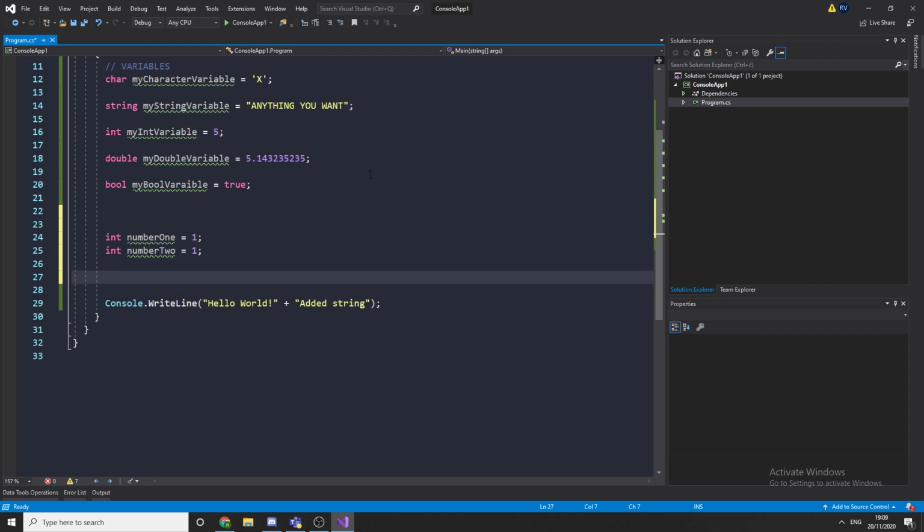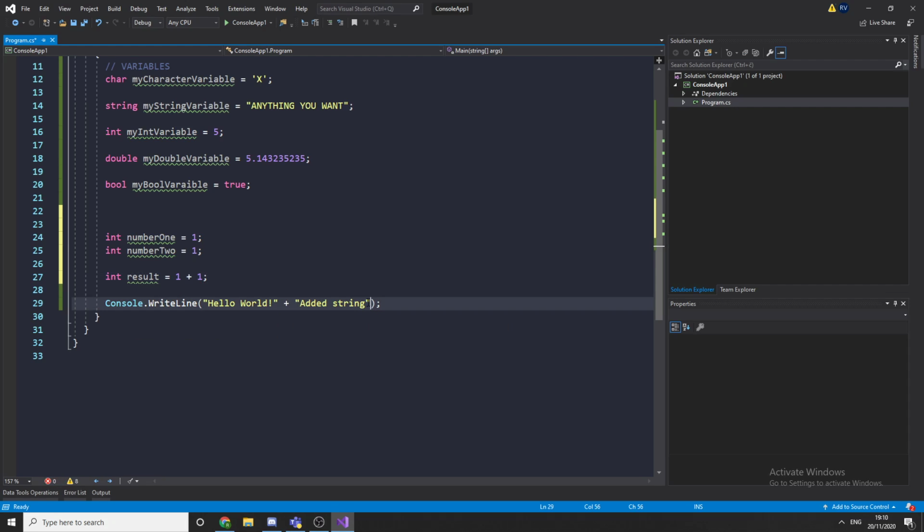Addition of int and int, the result will obviously be an int. So we have to make a new variable with the type of int, and we give it a name. I like to call it result equals, because you always have to assign some value to it. You can go like 1 plus 1,